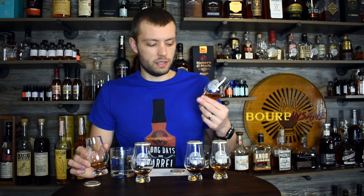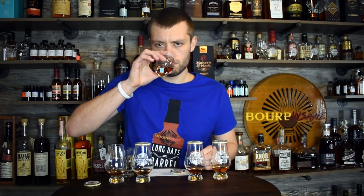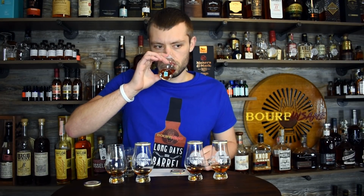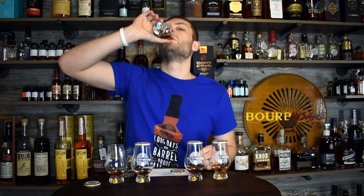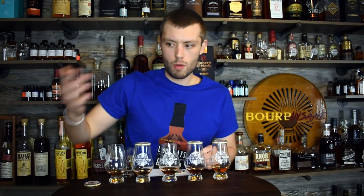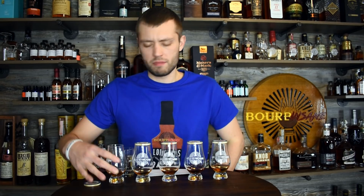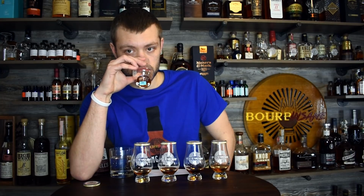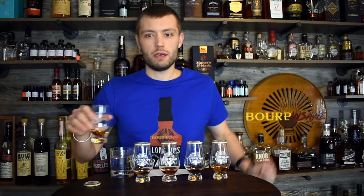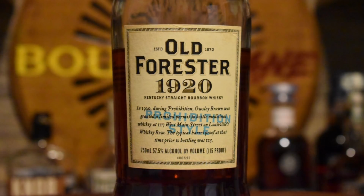More chocolate cherry in this now. Damn it! I was so sure the first time through! This, no banana though. I'm still not getting the banana. Damn. I don't know. I'm leaning towards 1920 now as number 3. The whole thing in this whole blind tasting is to find out what my favorite is, so it doesn't matter what the whiskey is. I keep mentioning what I'm guessing the whiskey is, which I shouldn't do because I'm probably so wrong, but